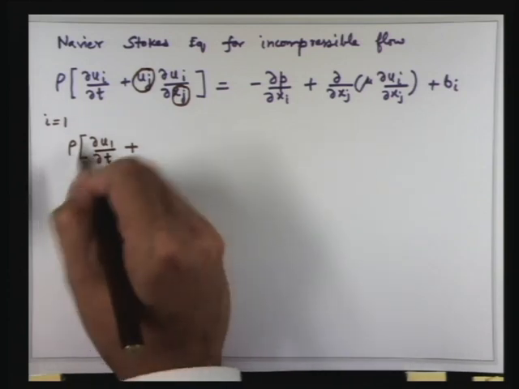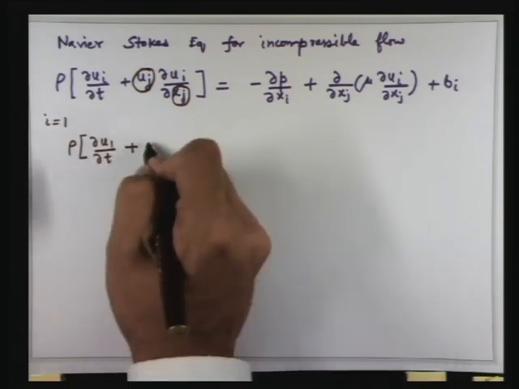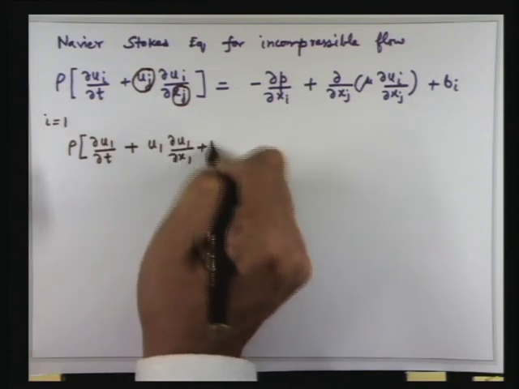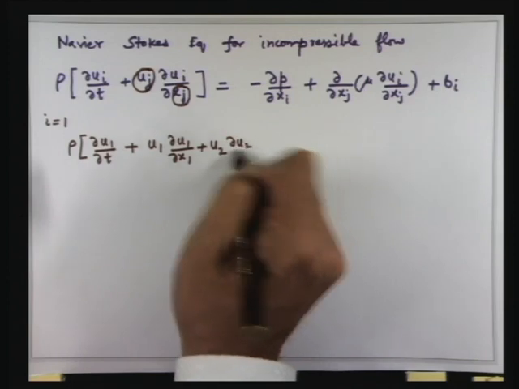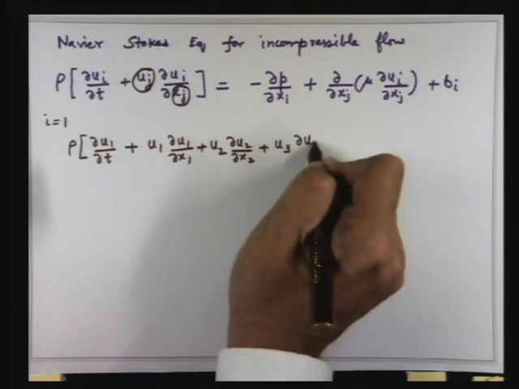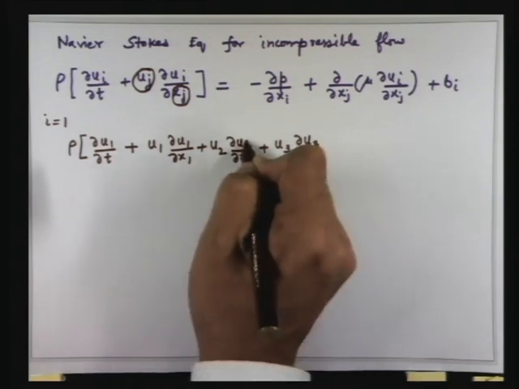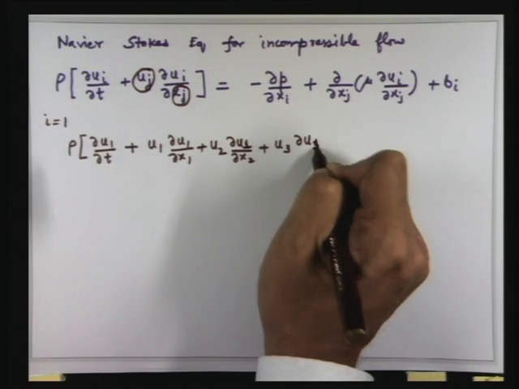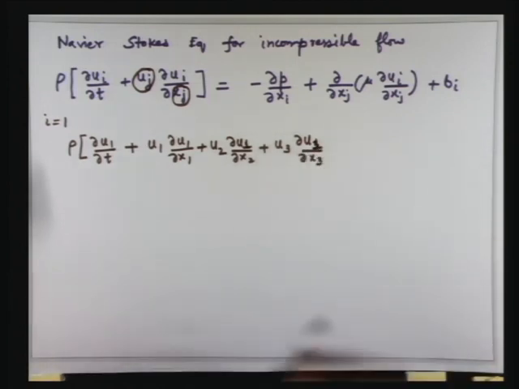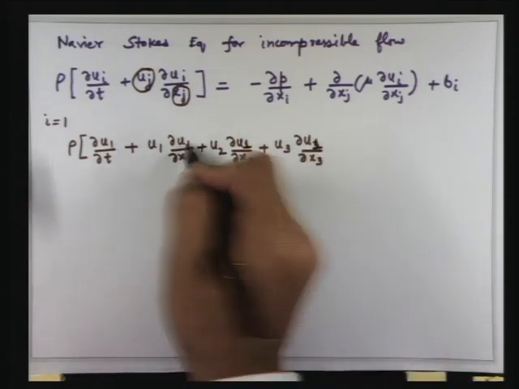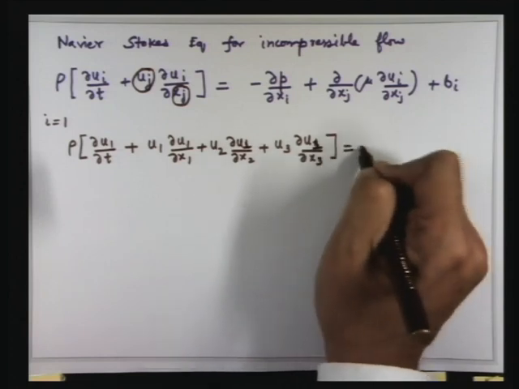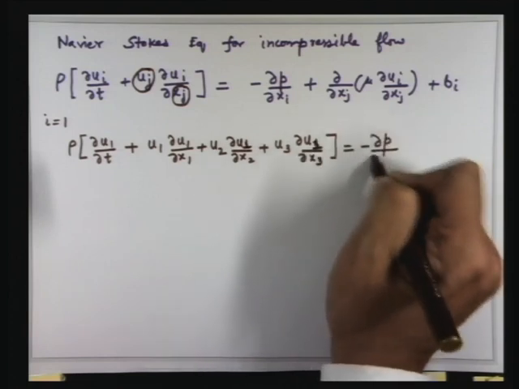So we can write rho del u1 del t plus u1 del u1 del x1 plus u2 del u1 del x2 plus u3 del u1 del x3, all these are u1 in the numerator, minus del p del x1